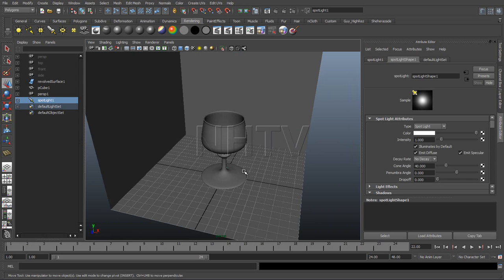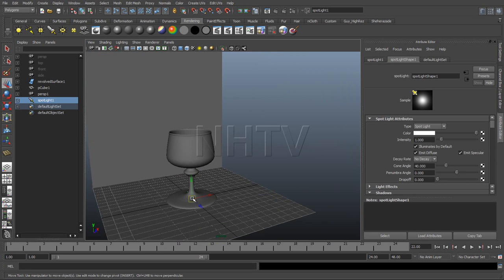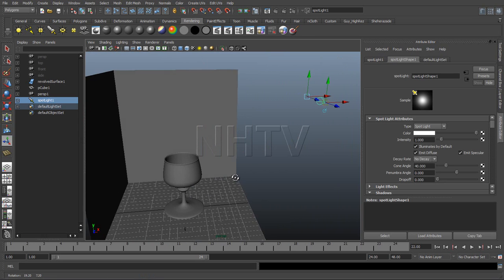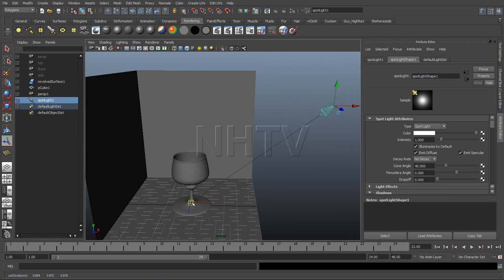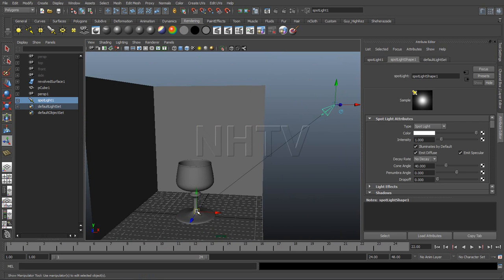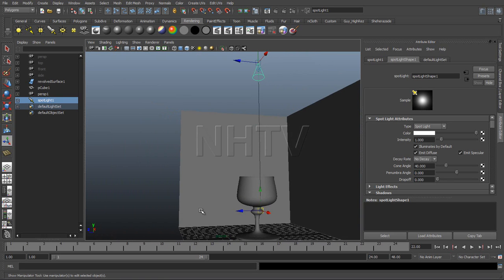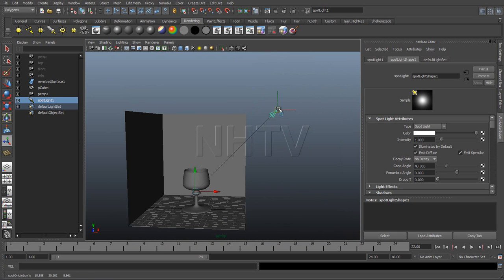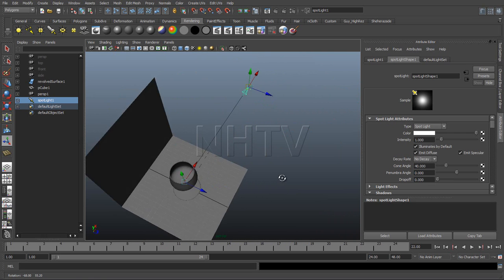So first thing that we're gonna do is we're gonna place this light source using a spotlight. So we're gonna move it a little bit upward. By selecting this we have more controls, which is quite handy in order to make sure that the spotlight is always going to look at exactly the spot that we want it to look at. So do something like this, and then we're going to set a few